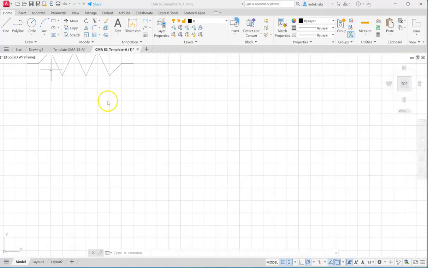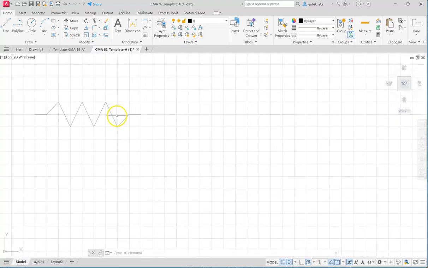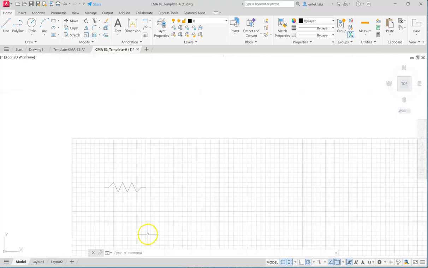I have already used my template, and in this template you make sure that you're in model, not paper space or layout mode. We have explored this option in a previous class, so hopefully most of you remember that. Refresh your memory on the differences between layout mode and model mode. In model we create, in layout we print. So if you open the template and it shows you're in layout mode, switch back to model. Make sure that your limits are already set, but your grid and